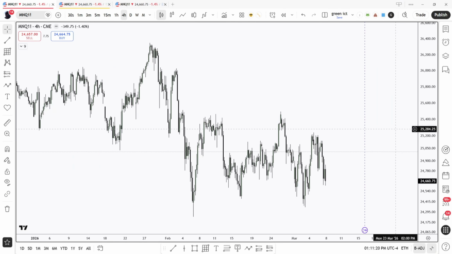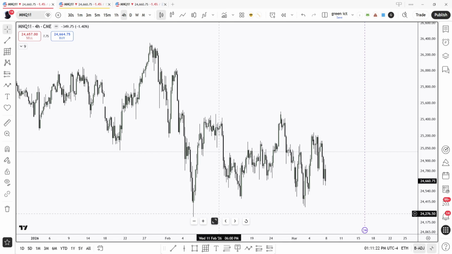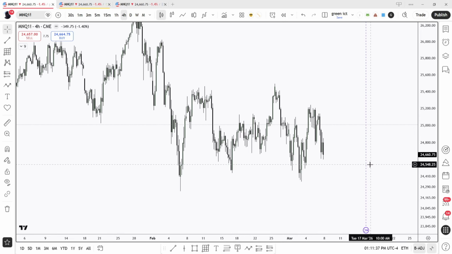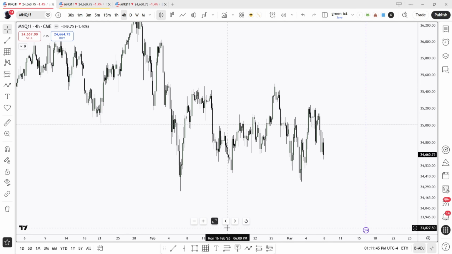Now, premium and discount and understanding the range is important in all kinds of market conditions and cycles, but it can be a little tricky when we are chopping around for quite some time. So, if you look at the past month or two, so in February, we have been consolidating for many, many weeks now, and it's been very frustrating and it's harder to look for trades, but the concepts of premium and